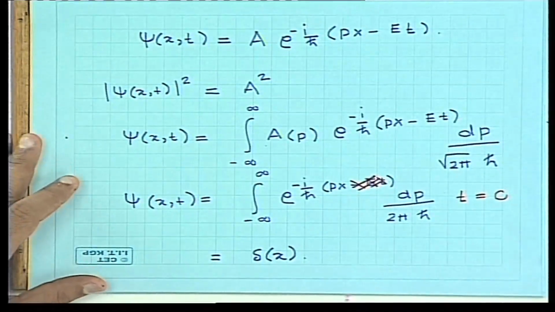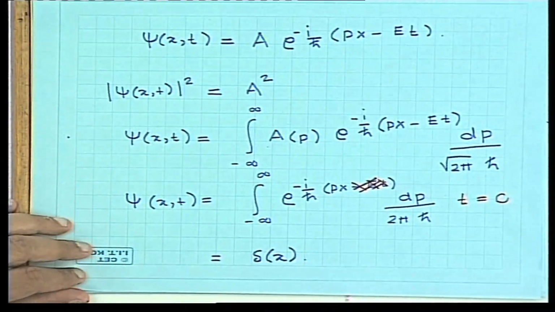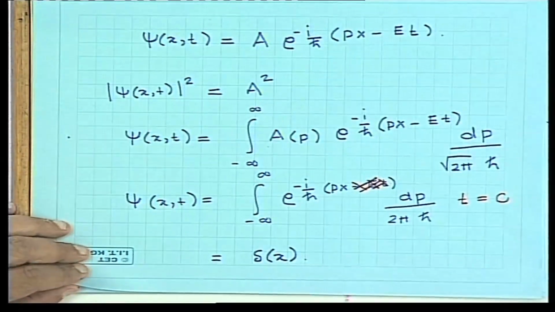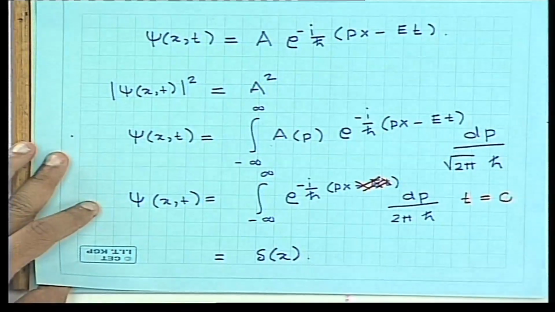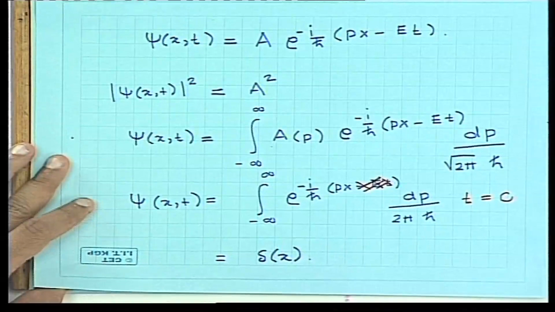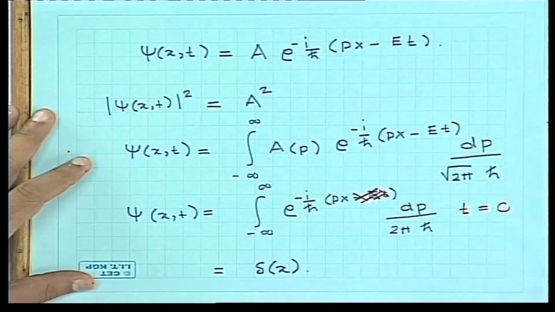Yes? How can probability be infinity? The probability density is infinity. But to calculate the probability, you have to integrate the probability density over dx, and that interval dx is an infinitesimal. So the product can be finite. Okay, so the product is always finite, but the probability density itself can be infinite.